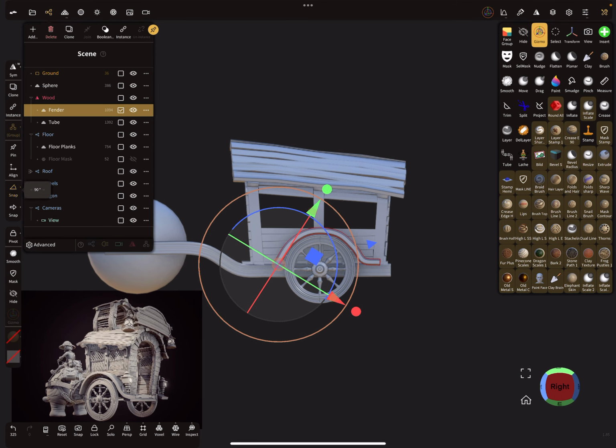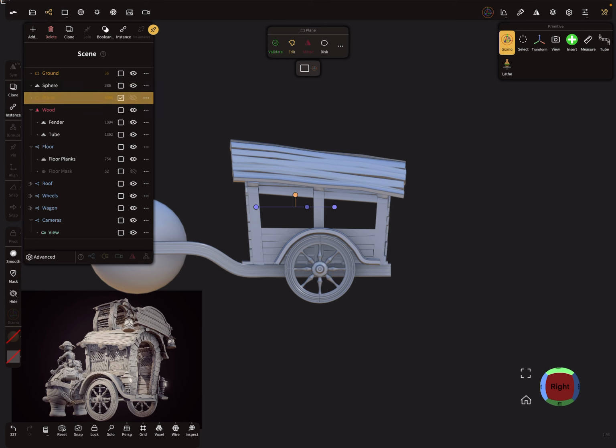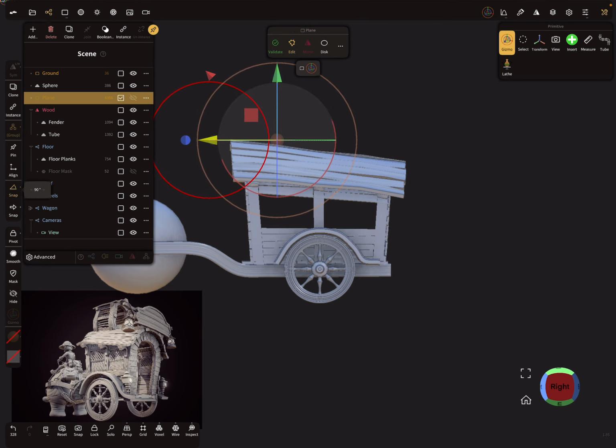So let's start with a dome. So I add a plane. So I place it here somewhere.